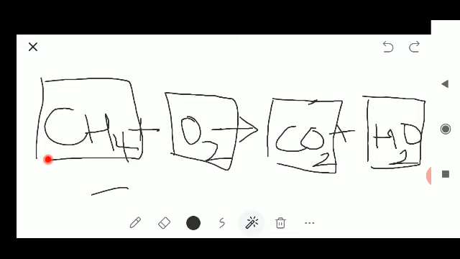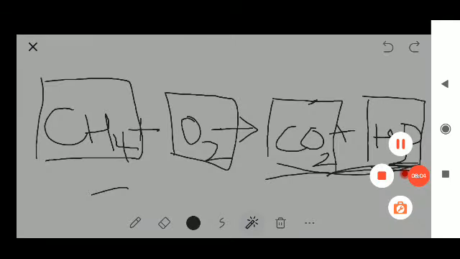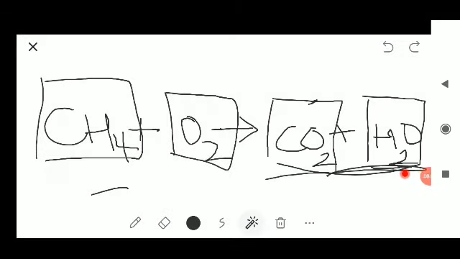Now let me balance the atoms. Carbon is balanced, no need to worry. Let us check for hydrogen. Here we have 4 in the reactant, and in the product we have 2. So I have to check where we have fewer hydrogen atoms. It is obvious that we have fewer hydrogen atoms in the product side, whereas we have more here. So we need to change in the product side only. Please remember, wherever we have fewer atoms, there only we need to change.